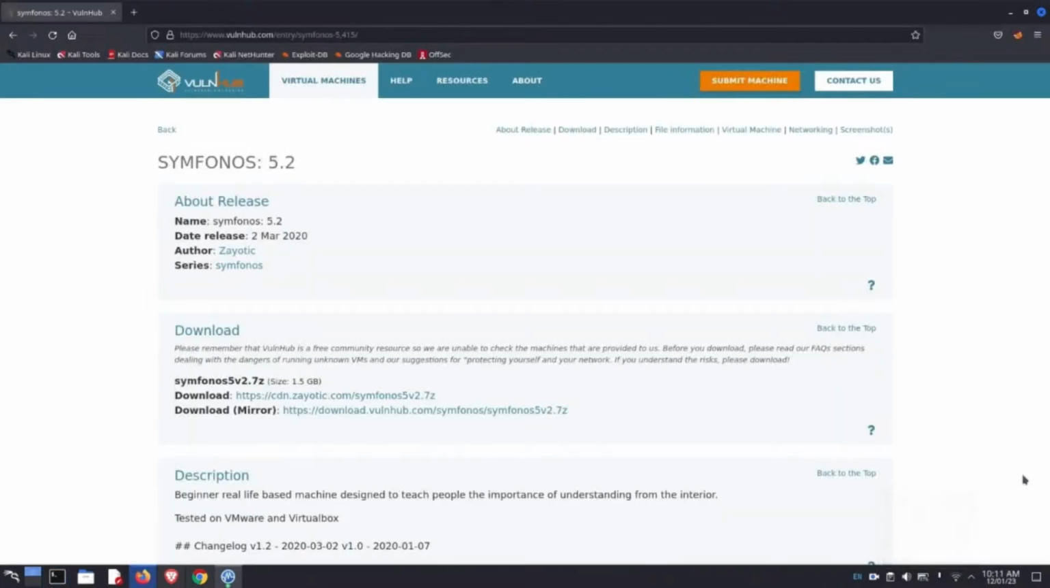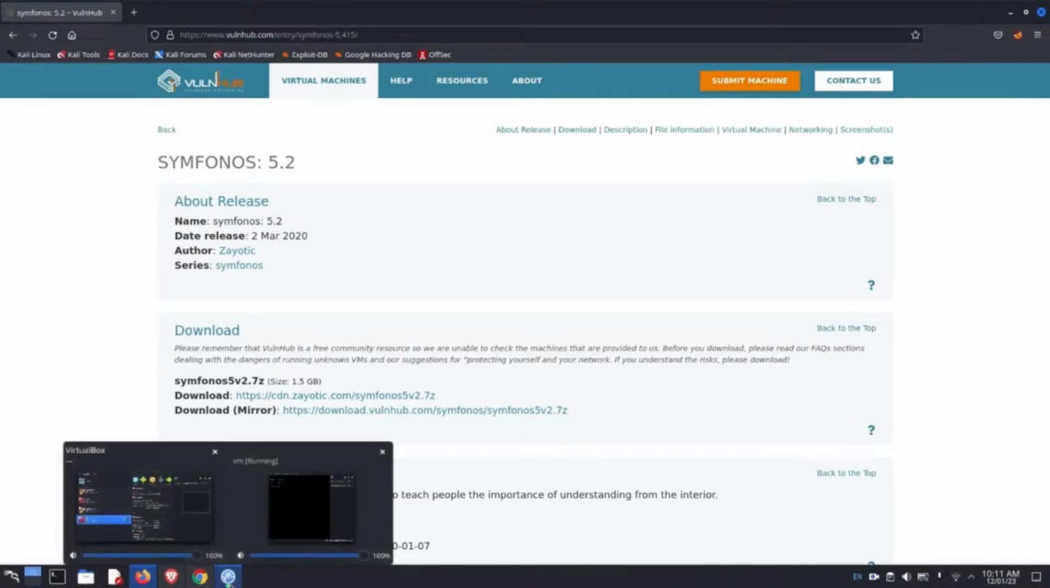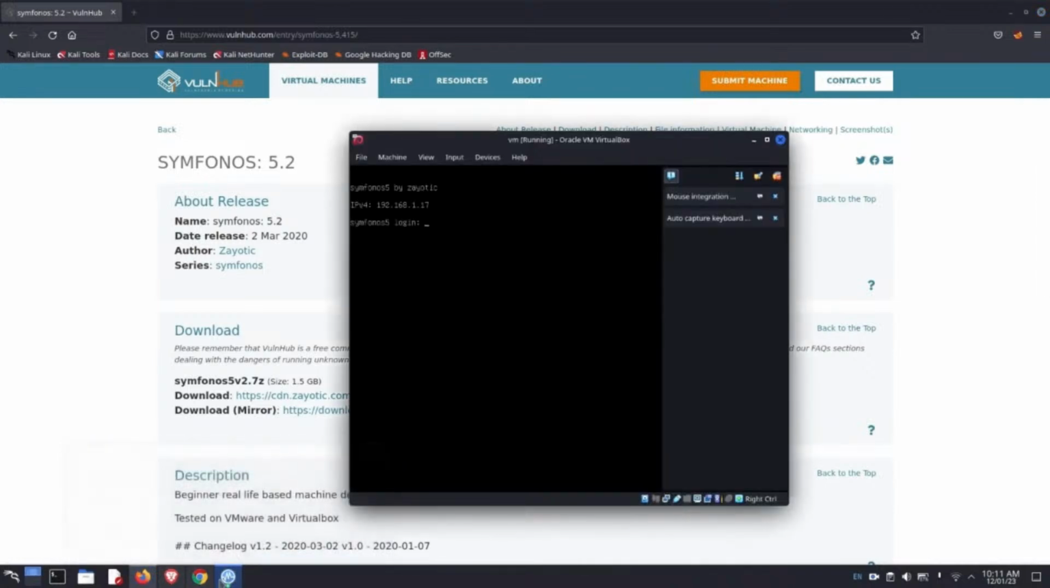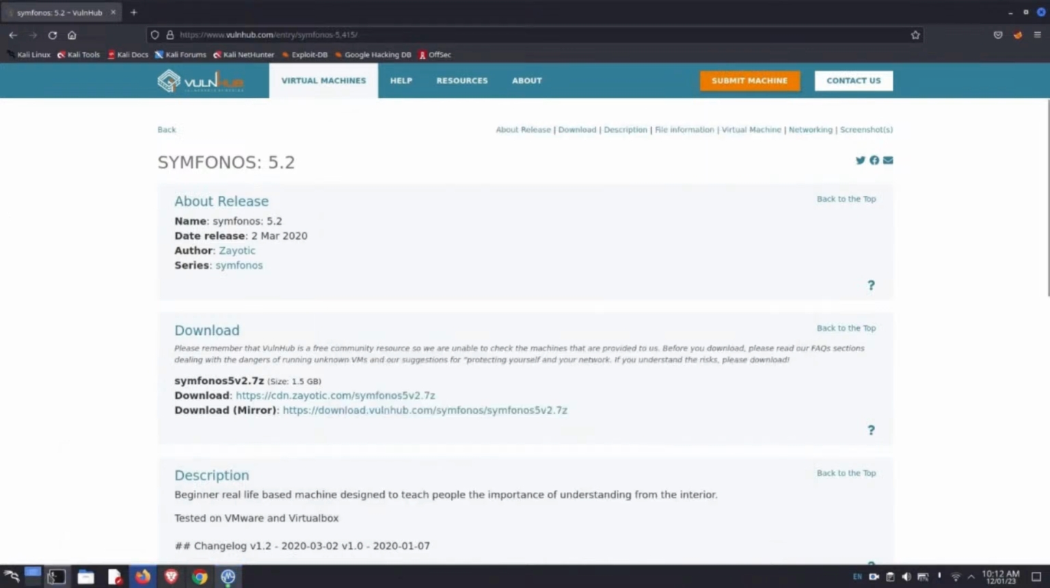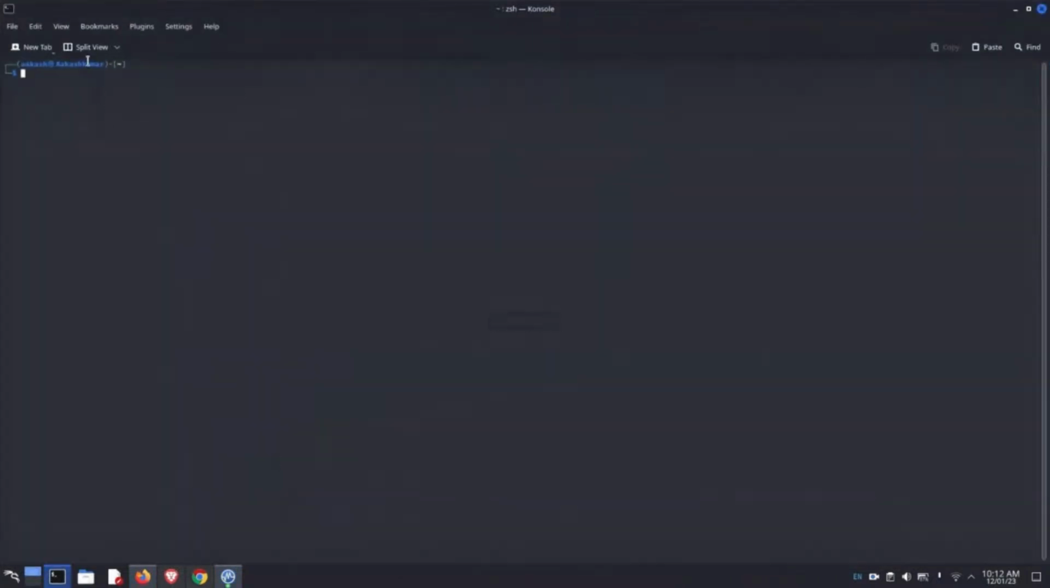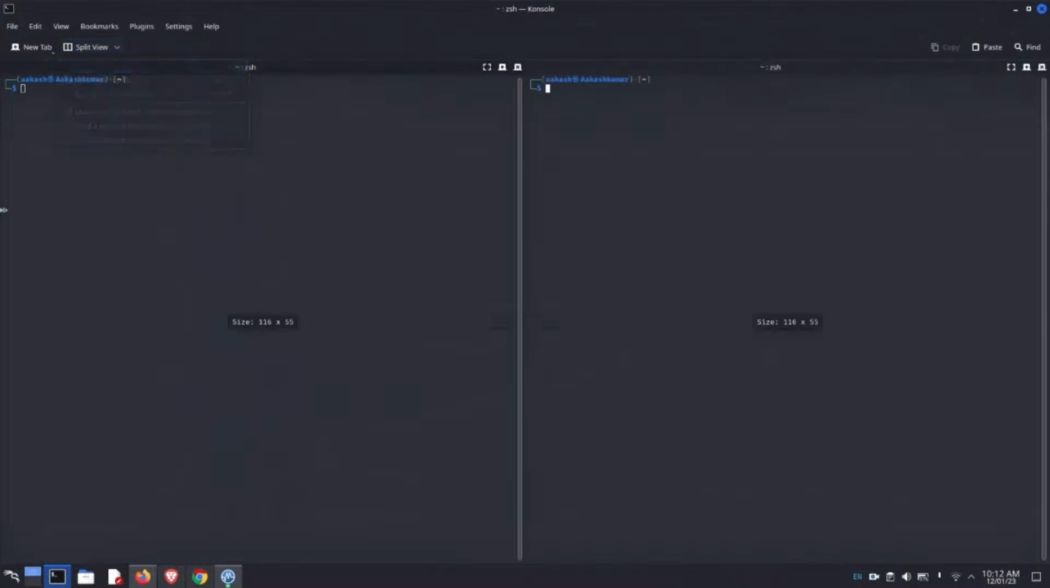So hello friends, welcome back. SYMFONOS 5.2. It's the last machine of this SYMFONOS series. So let's start. First of all, open your machine and start the machine after the configuration and check the IP. My IP is 1.17, but we will check again. So go to your terminal, split view,